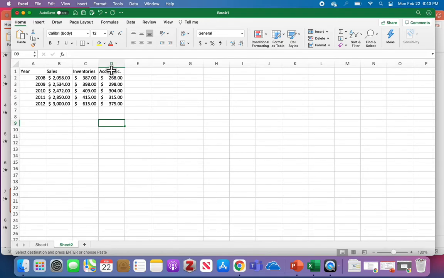We are going to continue with our accounts receivable being our dependent variable, except this time we are going to try and regress both sales and inventories on accounts receivable. So not only do we want to see if sales has a relationship with accounts receivable, we want to see if the amount of inventory that you have relates to your accounts receivable. So the null hypothesis, again,